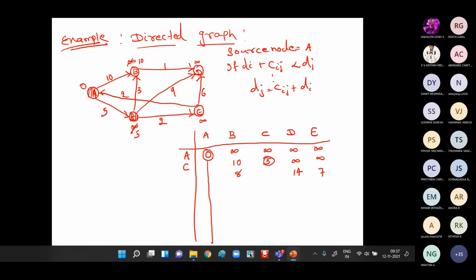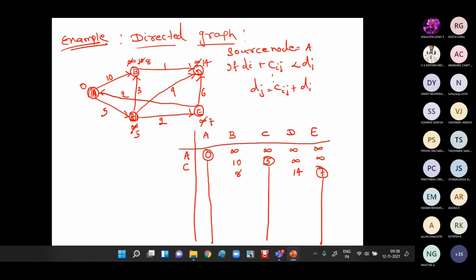Here, guys, these are the new entries. C to A, the arrow direction is not given, so we cannot find that. Now among 8, 14 and 7, which one is minimum? 7 is minimum, so encircle this part and draw a line. Now we will update the values also: for D it is 14, for E it is 7 and for B it is 8. This also you do, guys, otherwise it will create confusion for you.